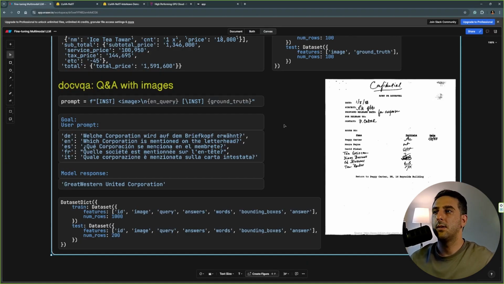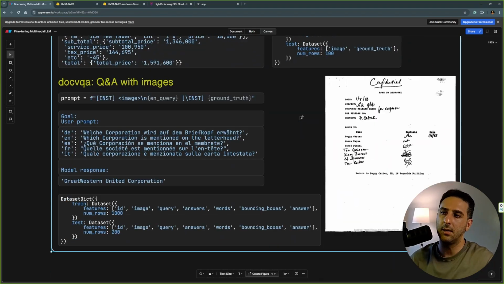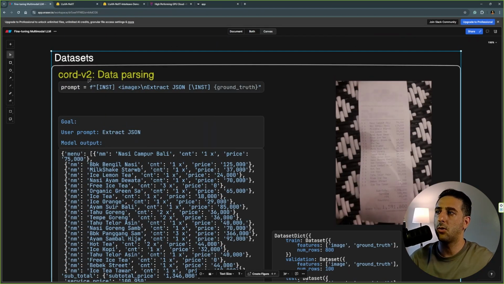So these were the 2 tasks that I wanted to show you here, but of course there are other ways that you can fine-tune the model. For instance, you can fine-tune it for summarization purposes, or you can fine-tune it to extract information from other images. As you just saw in the playground, the model already knows how to extract information from resumes, for instance, summarize images, etc. But you got the point. You can fine-tune it for various purposes. But in this video, I will just go through these 2 datasets, and eventually I want to use Core V2